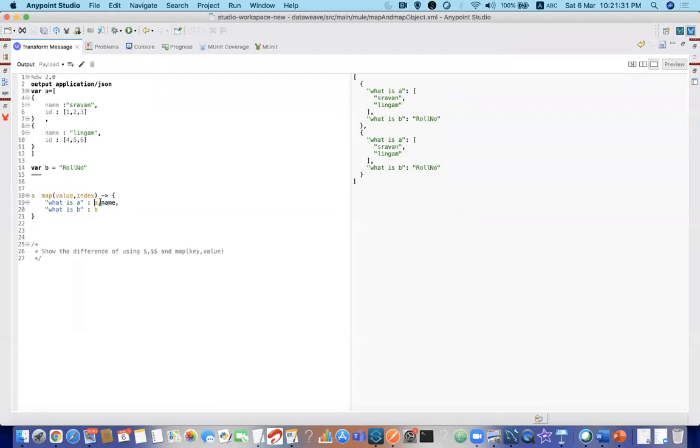Now you can see this a is giving something like this. A is taking this whole payload and this b is taking a local variable. But when I'm using this a comma b here, this a and b will be taken from here. Try to understand that part. Anyone has any doubts here? What is happening over here? If I'm using a comma b, this a dot name Shravan is coming fine, a dot Lingam is coming fine, and b is giving zeros and ones. B is not giving the roll number because the first priority is to be taken from here. Clear, everyone?